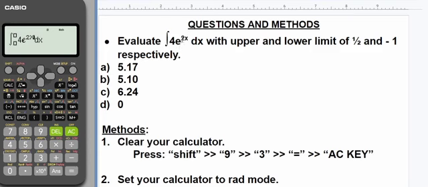As simple as that. Then we also have the upper limit and the lower limit. Our upper limit here is half, our lower limit here is -1. So you just have to navigate using this replay button in your calculator. In your Casio FX-991ES Plus calculator, you can just navigate like this to move to this part. You see it's already blinking here. So the lower limit is -1, which you have to put in. Then you move up to go to the upper limit. It's blinking here, telling you what should I put at this part. So you're putting 1. Then the divided sign here is right here. Then you press it. Then you put 2. Then you press equals to get your final answer. Then you just have to wait for your calculator to bring your answer.